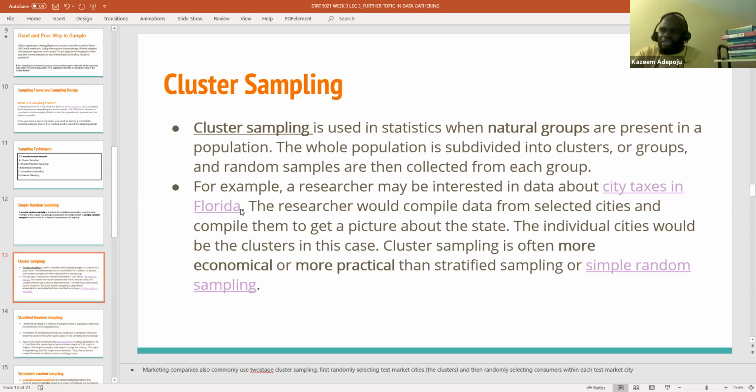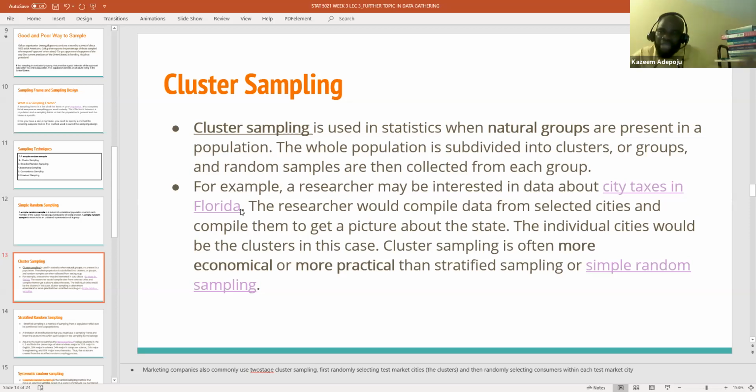Okay, so the individual cities will be clusters in this case. And cluster sampling is often more economical or more practical than stratified sampling or simple random sampling. Of course, I'm still going to talk about stratified sampling, but I've already explained simple random sampling. I'm going to give you more examples of cluster sampling when I'm done with stratified sampling. Of course, cluster sampling is also used on a homogeneous population, because the assumption is that,